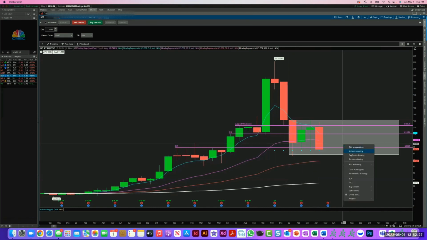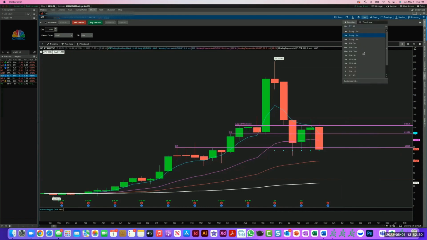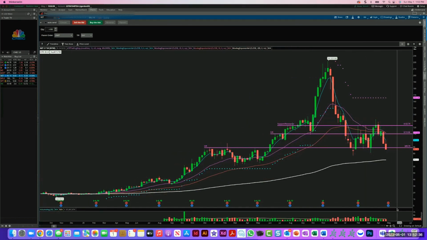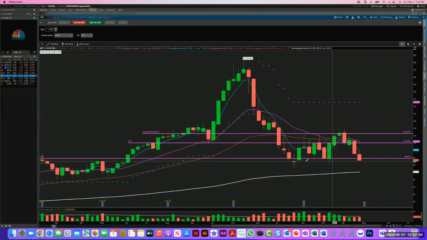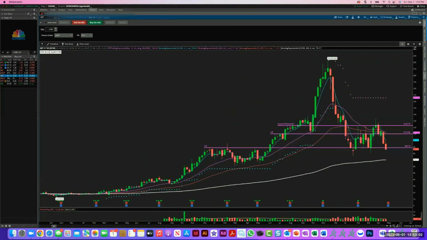And looking at it from a weekly basis, what we see is a shooting star here, this inverted hammer, which is a shooting star. And then we've got this move to the downside. And we have it falling through algorithmic support with the 200-day EMA at 70.17. So it would not be unusual if it fell to 70.17, because if we look at this consolidation here,